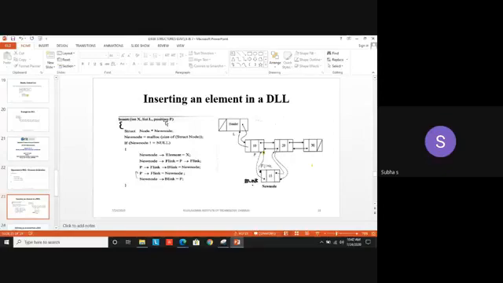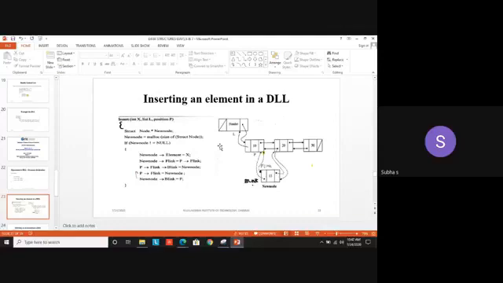If new node is not equal to null, it means there is some element in that particular node. So if the condition is satisfied, you are entering the if block, that is, you are going to perform the logic. New node arrow element equal to x. I am not mentioning the arrow and all, but you have to remember it.